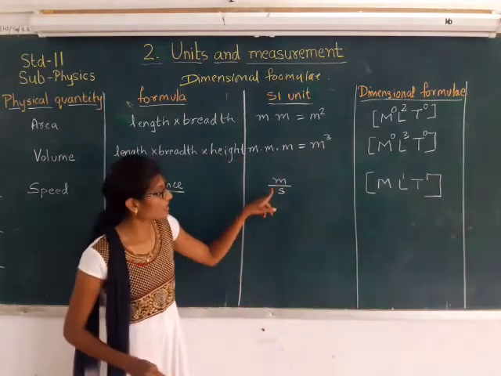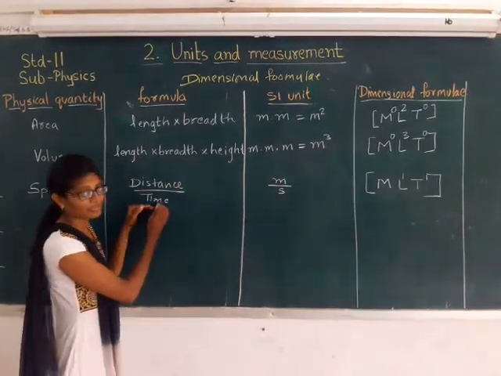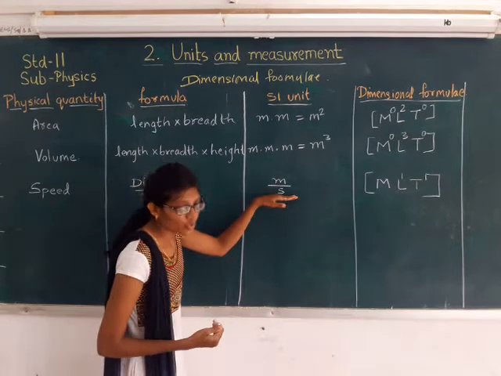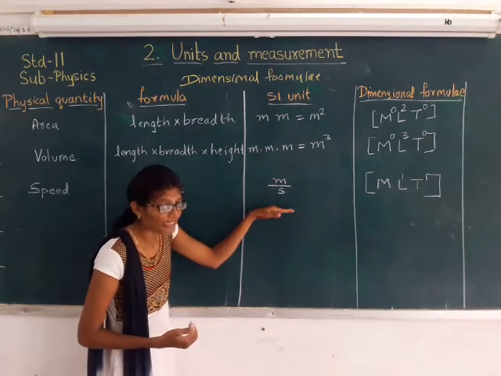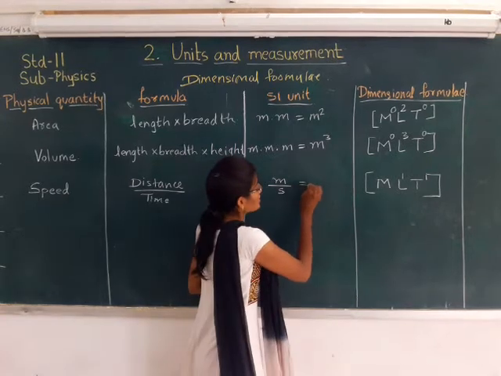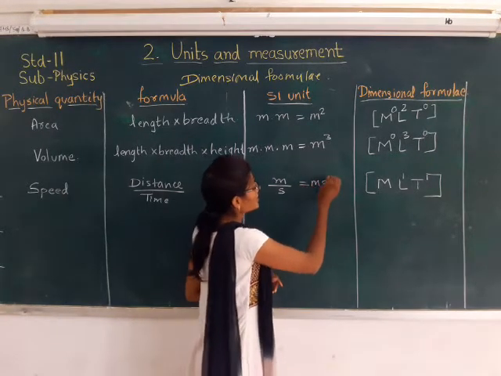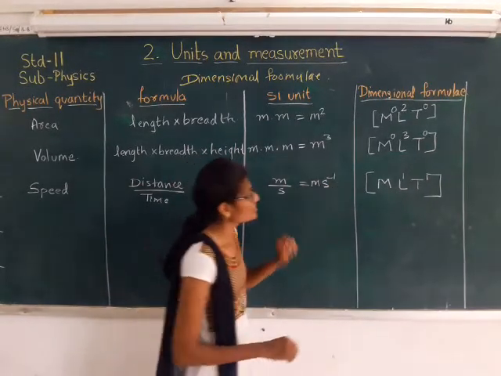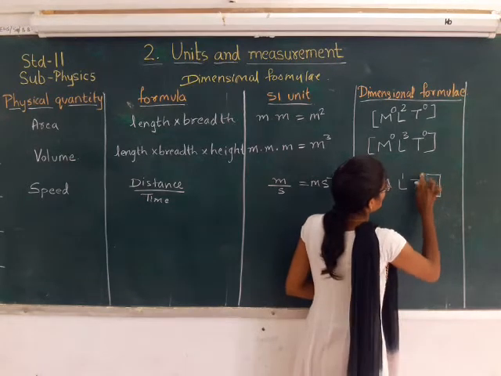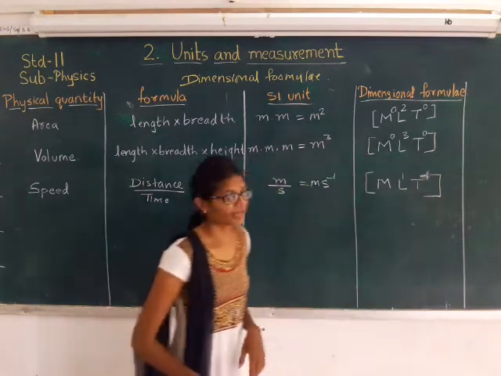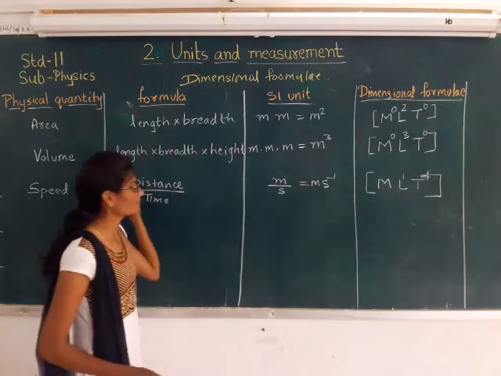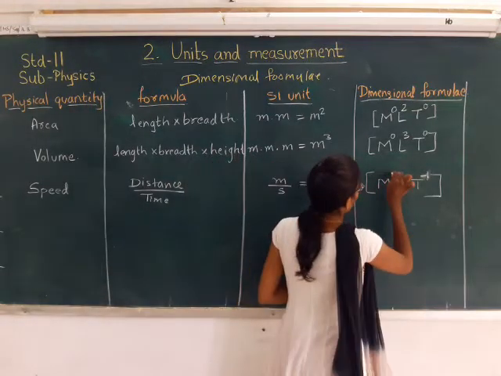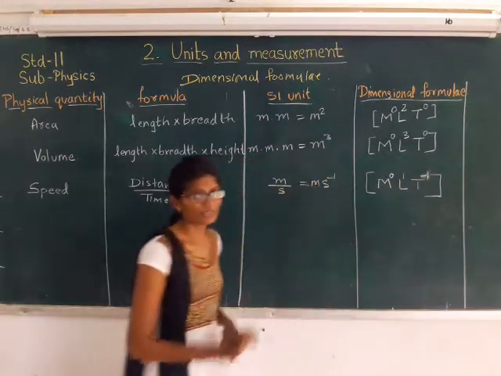But you can see over here the second, the time, is in the denominator. So its unit second is also written in the denominator. When you write this unit, you write it like this, right? Meter per second. So here the power of second is -1. So over here you need to write -1. And here we do not have the fundamental physical quantity mass. So the dimension of mass is 0. So here you can write the power 0.